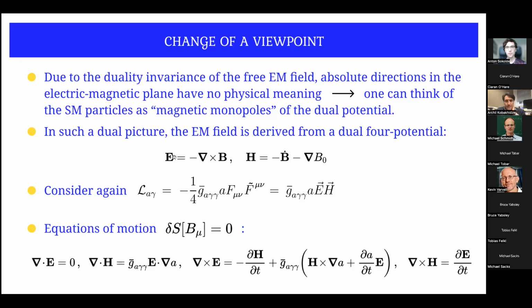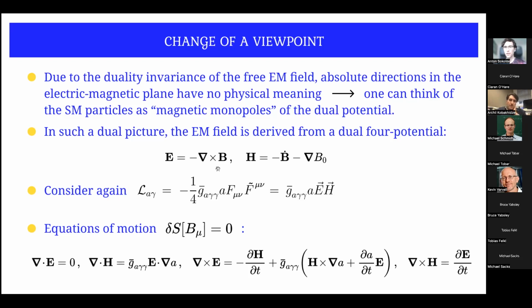So it's not dual in the sense of just mathematically like the Hodge-star operator. It's dual in the sense that we can rotate. In this electric-magnetic plane, we rotate the electric field into the magnetic field, say, and this action would rotate the A potential, so like the normal potential, into the B potential. So actually, this dual four-potential is just defined by these expressions here, which are connected to the electric